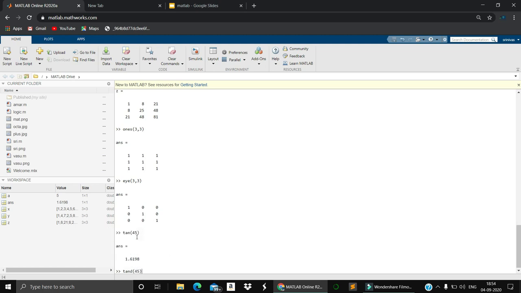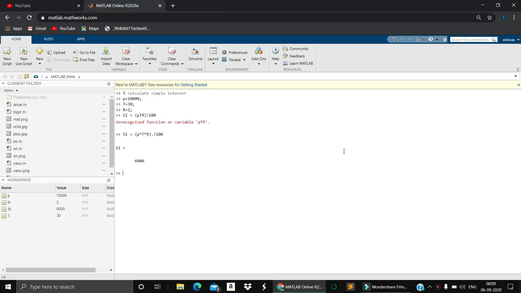You give any value to tand. The tangent of 45 degrees is 1. So anything you want to display in terms of degrees, you need to use sind, tand, cosd. If you want to display the output of a trigonometric function according to angles in degrees, you need to use tand, sind, cosd.